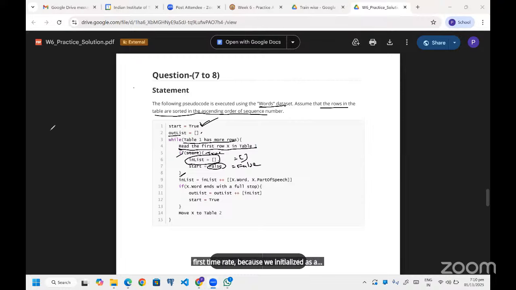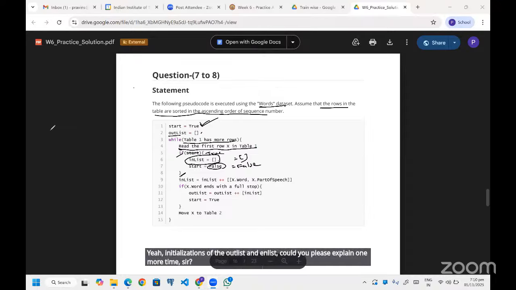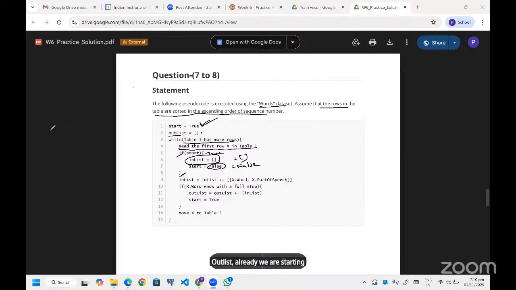Any doubts? Yes, the initializations of the outlist and inlist, could you please explain one more time, sir? Outlist we already started as an empty list, and again in the middle we are initializing outlist as an empty list. Inlist is another variable, again we are initializing it as an empty list. This is not related to outlist.